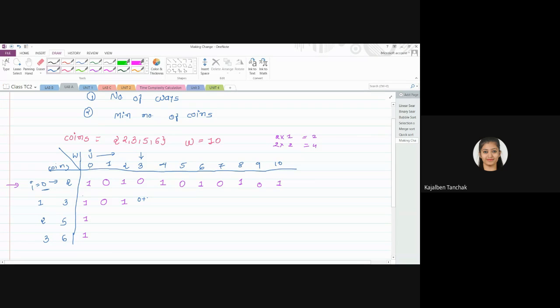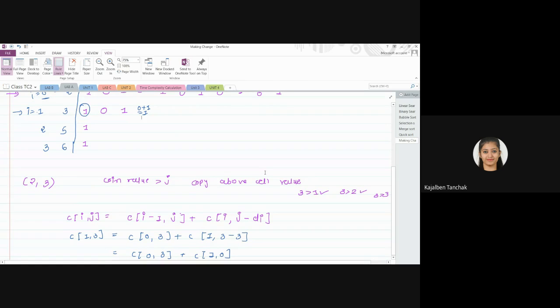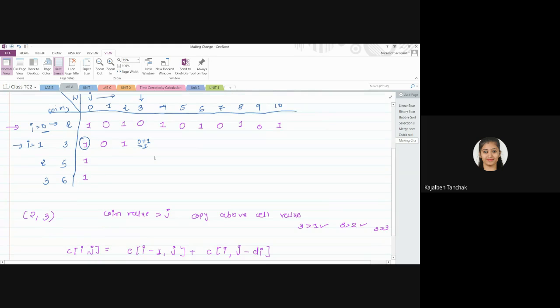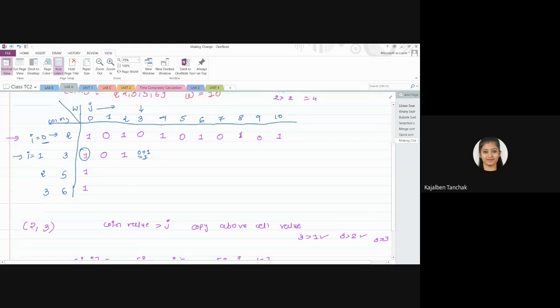Here, this is row number 1, right? i equals 1, row number 1, column number 0. This is 1. 0 plus 1, the answer is 1. So here I will write the answer 1. In the same way, you have to calculate using the formula, but let me finish this row.